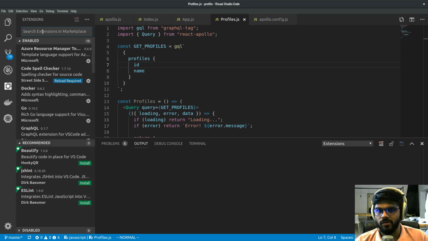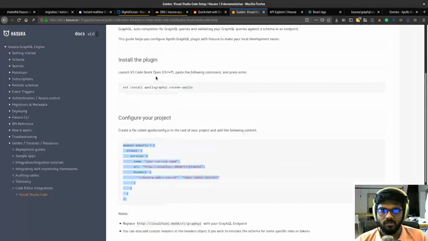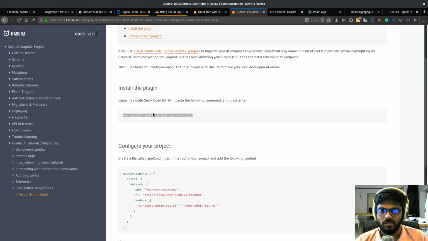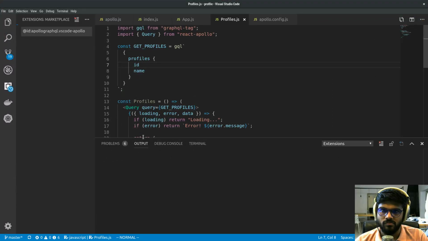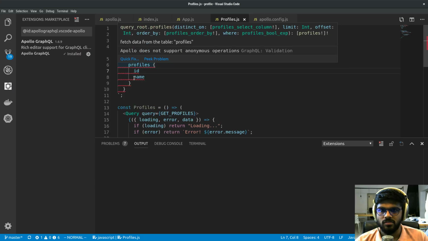Looks like I don't have it installed. Okay, let's install the extension. I think I missed that step. Okay, now it's getting installed. The extension is installed, and it says,